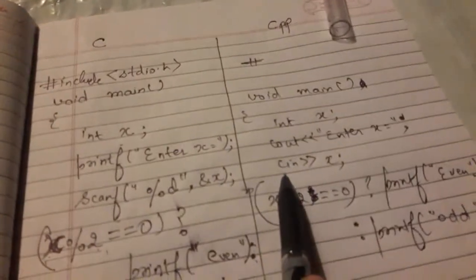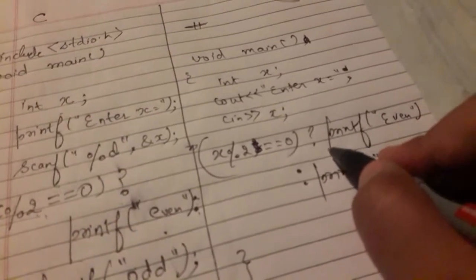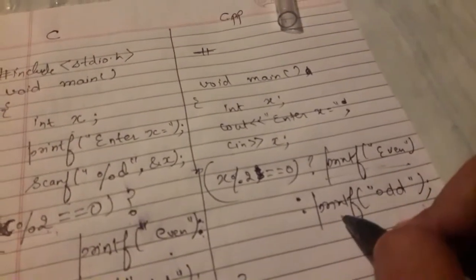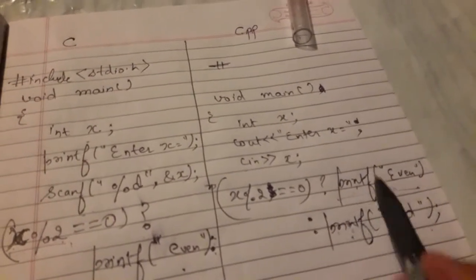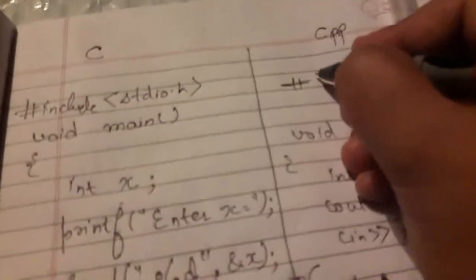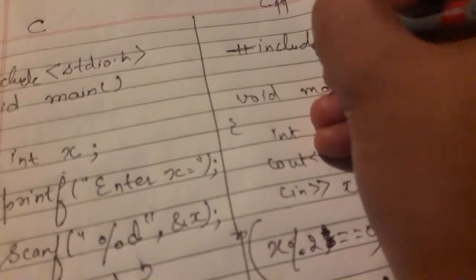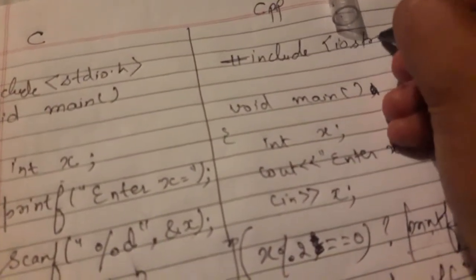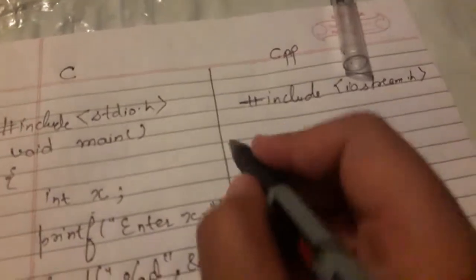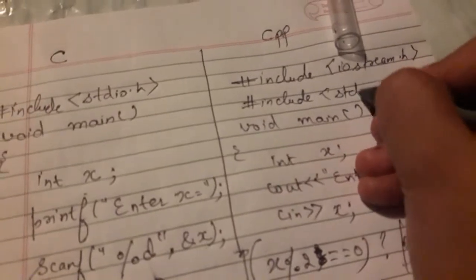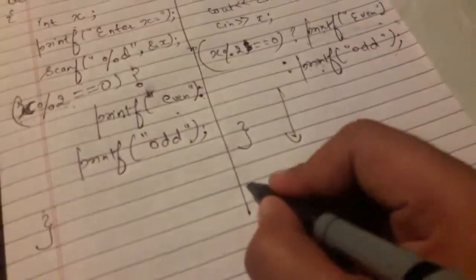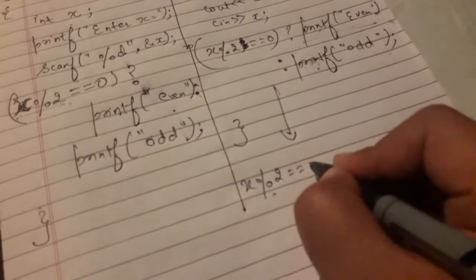So here I am using cin and cout. Oh, I'm so sorry, here I have to use cin or cout, but here I am using printf because we can use printf as well in C or C++. I am using two header files right now. First one is iostream.h, and the second one is stdio.h for printf and scanf. It's up to you. If you want to use cout, then it's your wish. You can write this line like this: x modulus 2 is equal to 0,